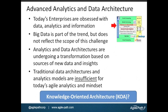This is partly driven by the aha that's coming with big data, and again with some of these next generation analytics tools out there. Today's enterprises are increasingly obsessed with data and analytics and information. Big data is part of this trend, but big data doesn't reflect the true scope of this challenge and this opportunity. Analytics and data architectures are undergoing a fundamental transformation based on